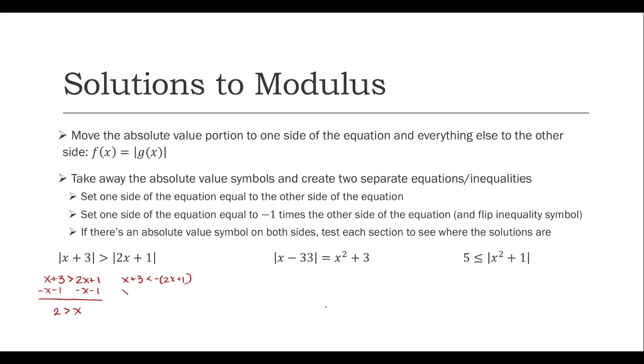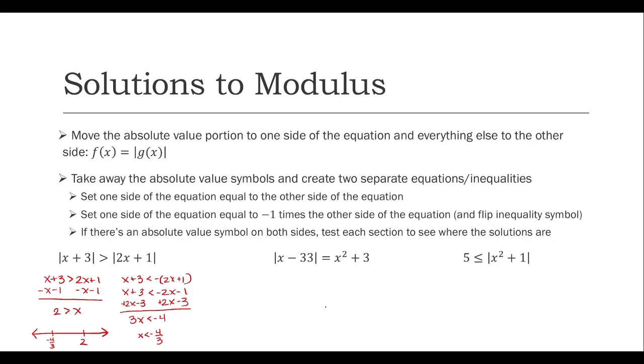For this other one, we'll have x plus 3 is less than negative 2x minus 1. So we'll add 2x to both sides, and we'll subtract 3. So we get 3x is less than negative 4, so x is less than negative 4/3. We'll draw a number line with our negative 4/3 and 2, and then we'll plug in values to see where